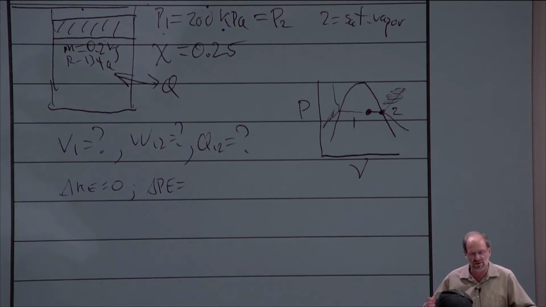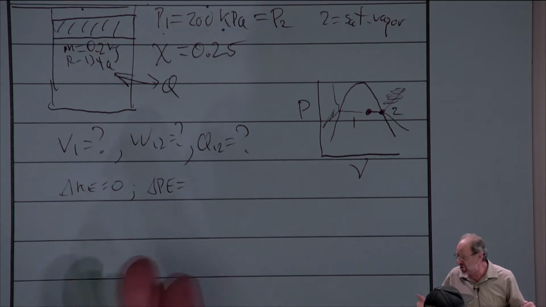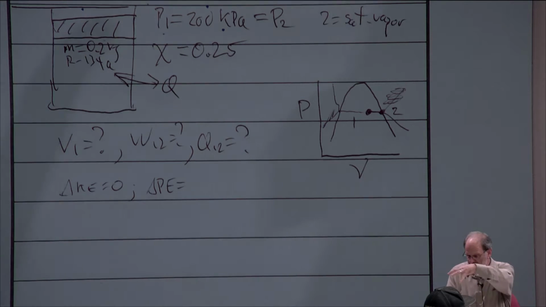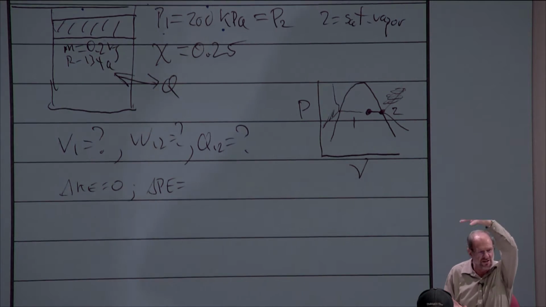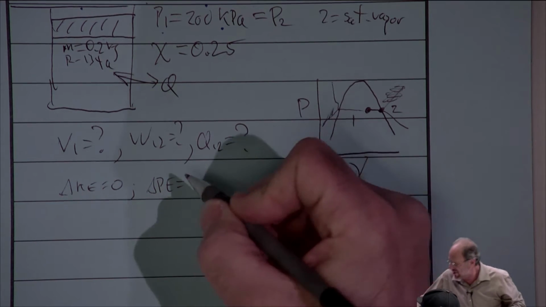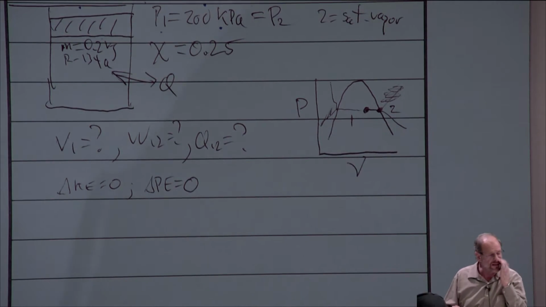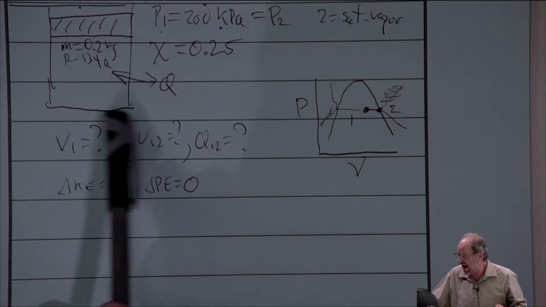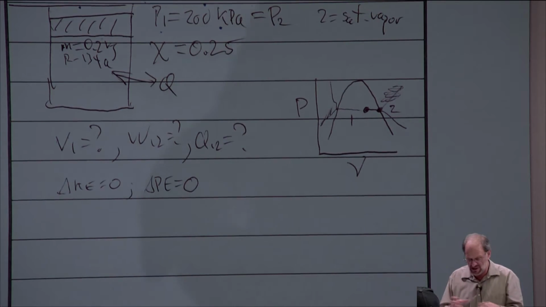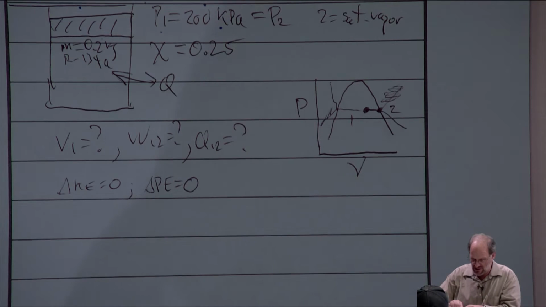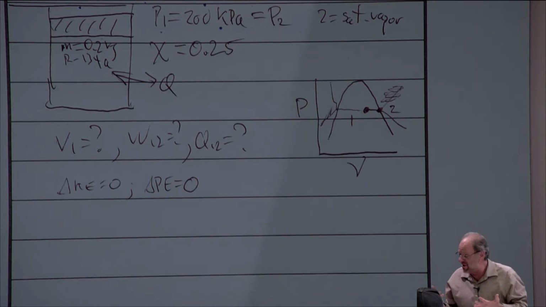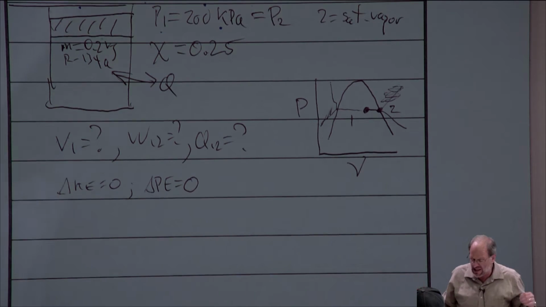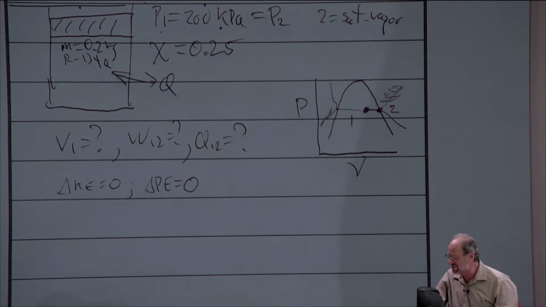So here we're talking about a really small mass of material. I don't know what the total volume is, but it's not that great. And even if the cylinder rose significantly, there's still not going to be several meters of height change. So it makes sense to assume that there's no change in the potential energy. Okay, so that's typical of these kind of problems. I might also note, I have no way to quantify that even if I wanted to. I don't know if this is a short, squat cylinder, which is going to increase a fraction, or a tall, skinny cylinder that's going to increase significantly. They don't tell me anything about the geometry of that cylinder, so even if I wanted to find the height change, I have no way to do so. So I just have to assume that there's no change in potential energy.